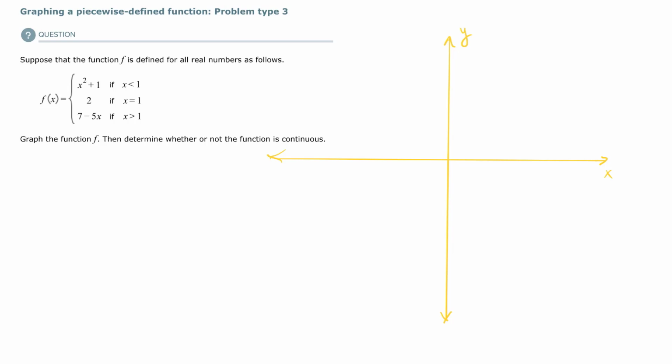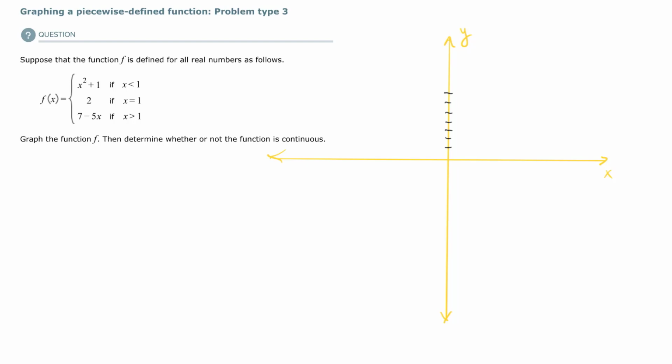Let's graph x squared plus 1. X squared plus 1. That is a basic parabola shifted up 1 unit. So how many units am I going to need? It looks like I need 7 units going up. 1, 2, 3, 4, 5, 6, 7. So 7 units going up,